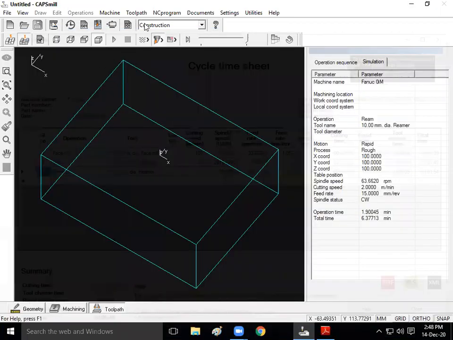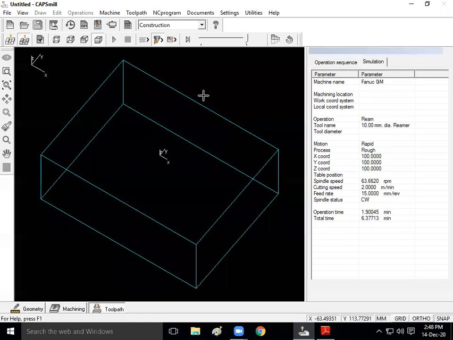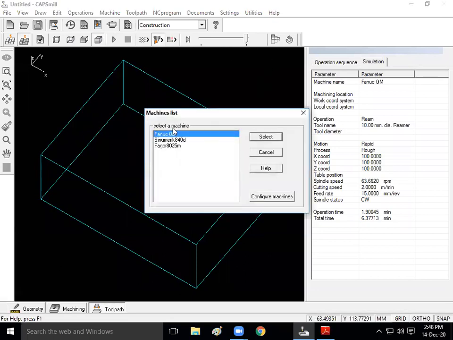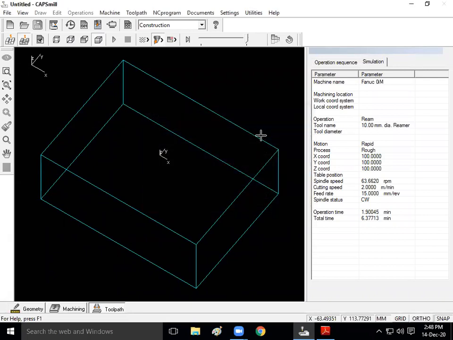Sometimes what will happen is it is going to ask you to select the machine. When it asks to select the machine, you have to click on this machine and select this Fanuc OIM.